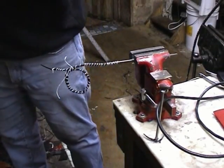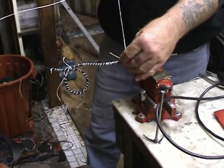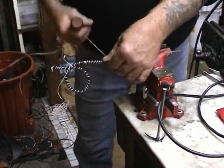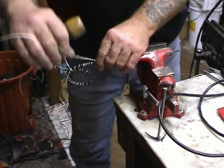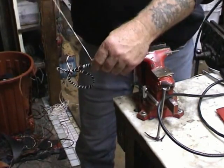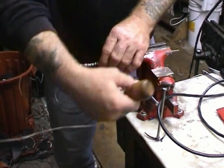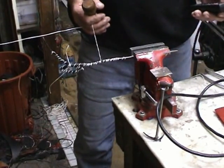Now when you put this binding on, what I like to do is start back here at the handle about 2 inches from the end of the handle, and then put it on at about 45 degrees. Just gently, don't pull too hard at this stage. This is just the first binding. And go out about 2 inches past your handle, and then turn around and go back at 45 degrees again, with about half an inch in between